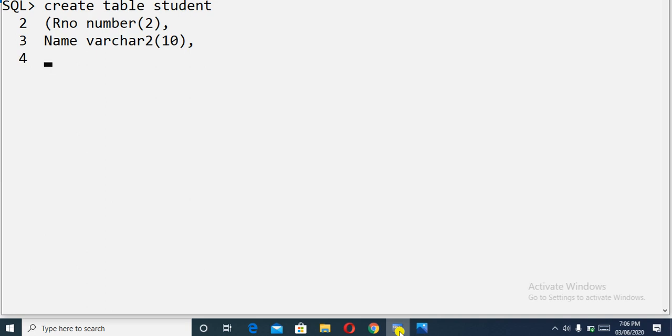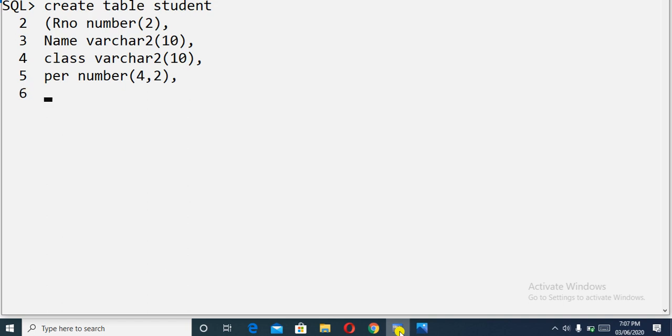Now the next attribute, that is class, then varchar2, in bracket size suppose 10. Now close the bracket, again comma. Next attribute suppose percentage, data type number, in bracket 4 comma 2, means out of 4 digits 2 will be for floating point.